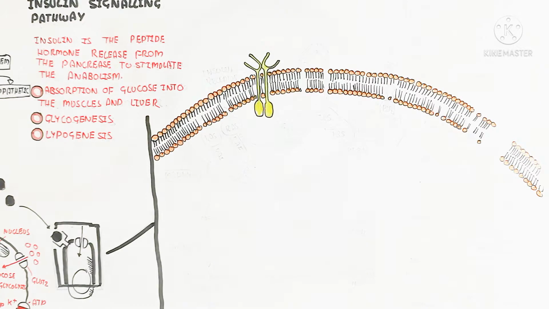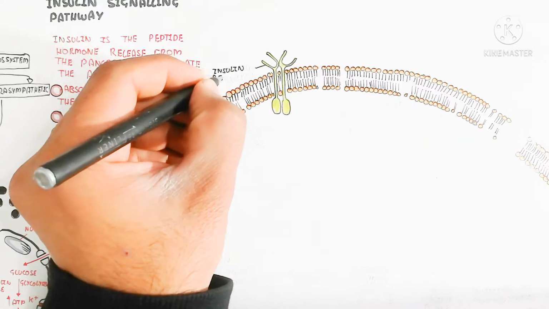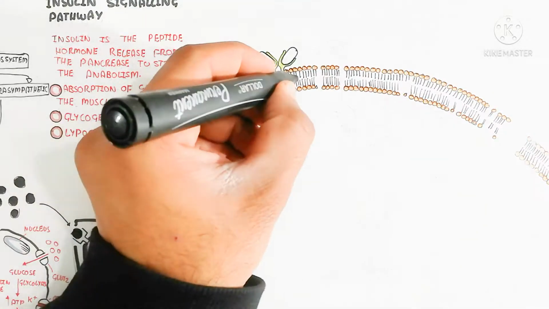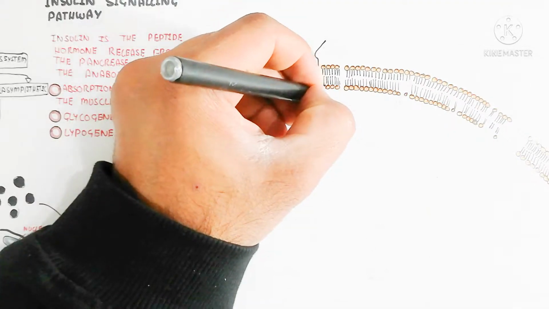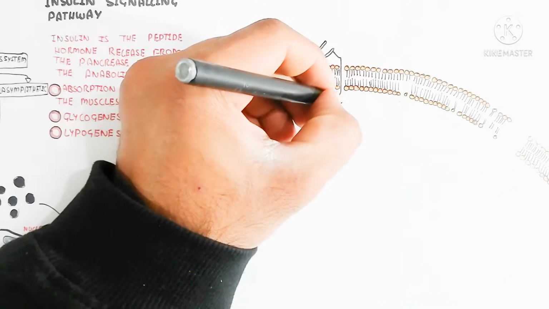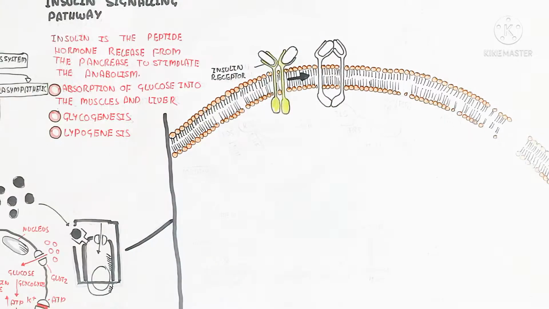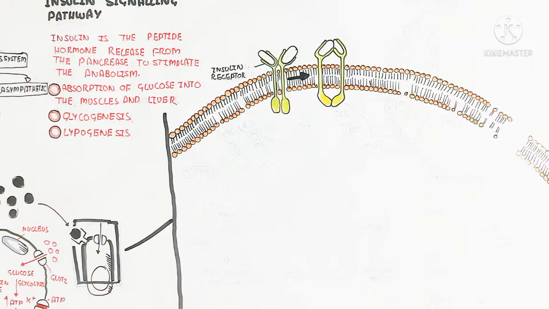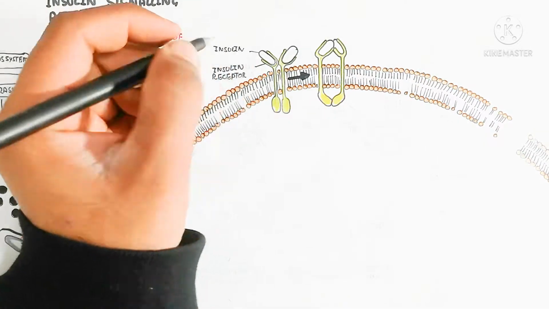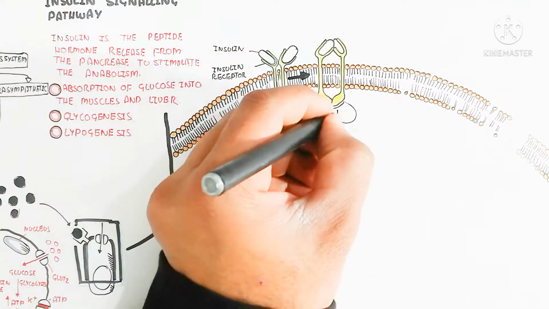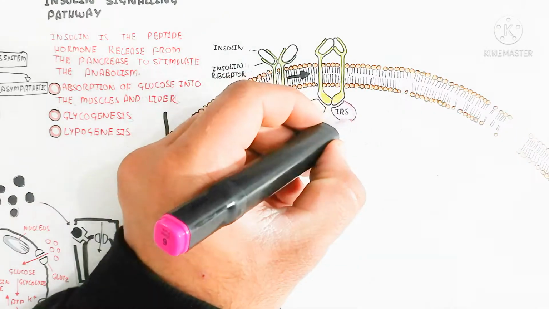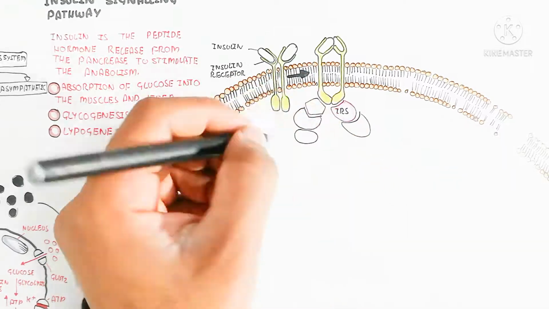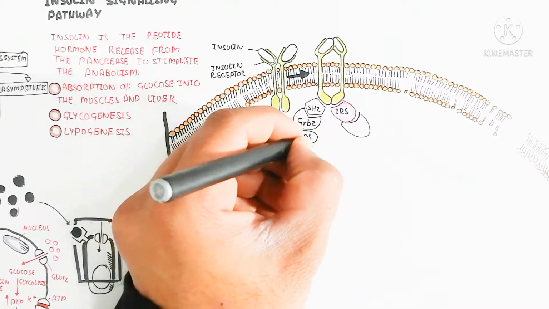After the change of conformation, the insulin receptor substrate will bind with the insulin receptor at the intracellular domain, while the extracellular domain contains the insulin molecule. So after insulin binds, the insulin receptor substrate will bind, and after the insulin receptor substrate binds, it recruits more proteins for further triggering of the molecular